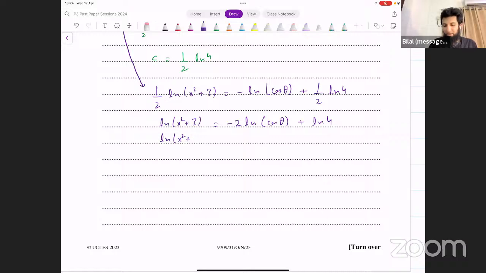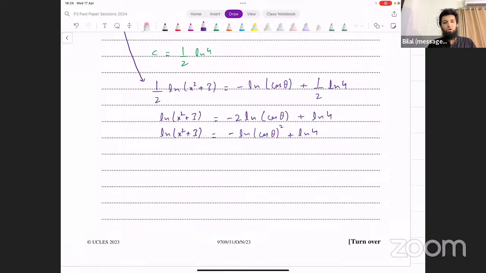Okay, so this becomes ln of x squared plus 3. On the other side, can we use the division law or the multiplication law somehow? We can't yet because we have 2 here. This 2, we'll have to take to the power first now. So it becomes minus ln of cos theta whole squared plus ln 4. Now we can apply the division law on the right side. We have plus here, we have minus here. We can use the division law. So it becomes,